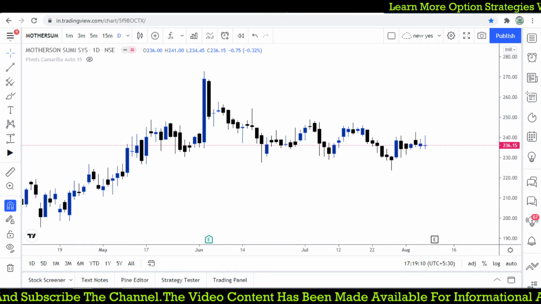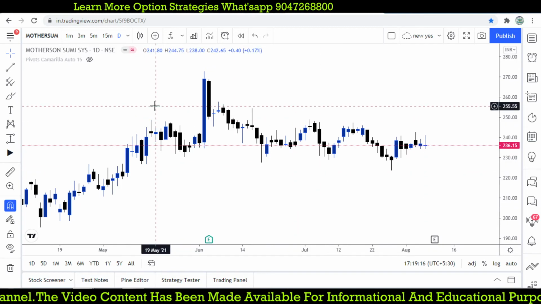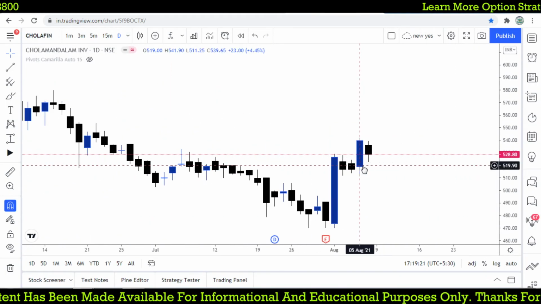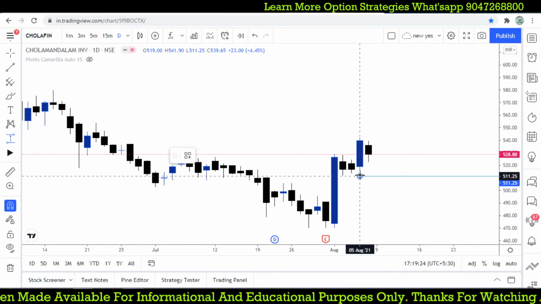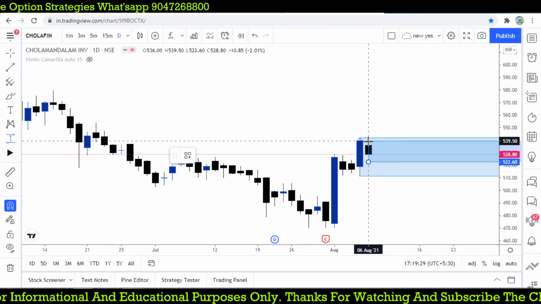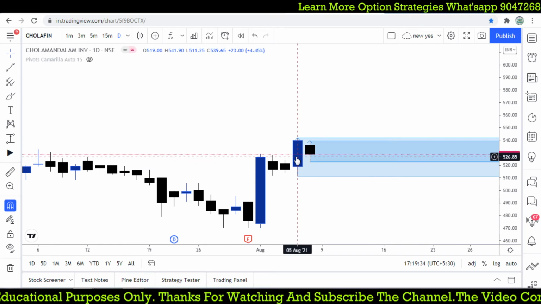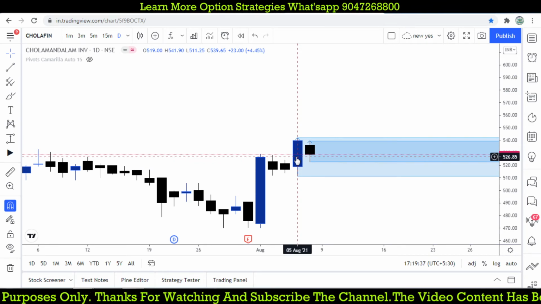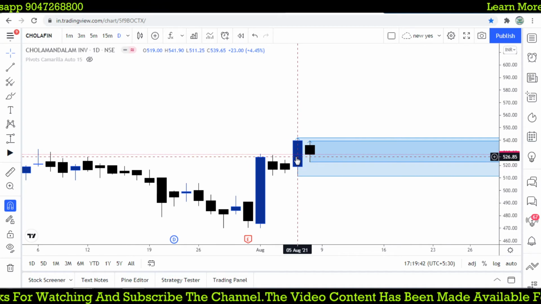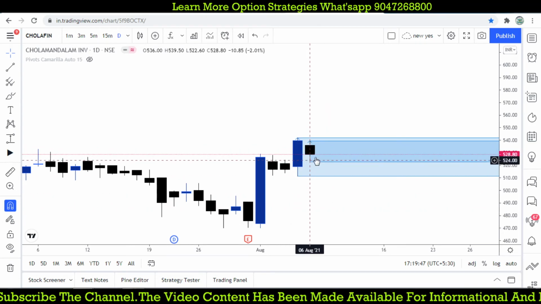And the stock which formed recently, which we can focus on for a recent trade, is Cholamandalam Finance. It forms the same kind of pattern right now. You can check it out, Cholamandalam Finance, where we focus on the first candle and the second candle is completely inside the previous day's candle open and close. So here, if you are going to take a trade, 511, it has broken the low, so we'll go for a short, and when the market breaks 541, we can go for a long. Instead of taking a trade opportunity at 522, avoid.